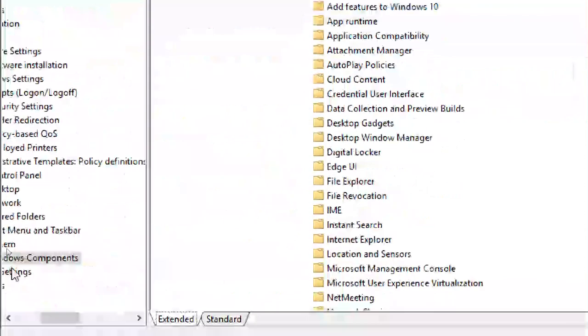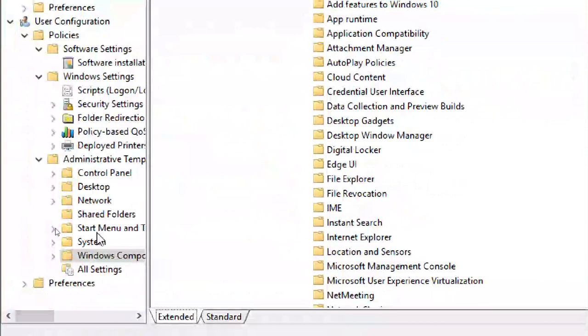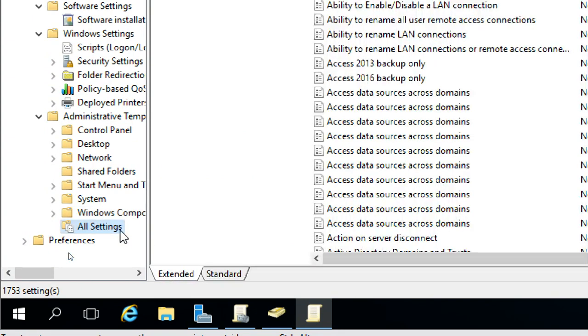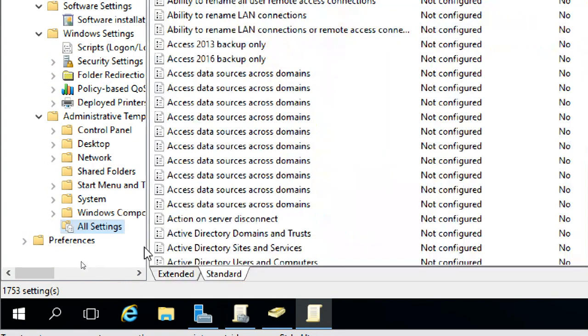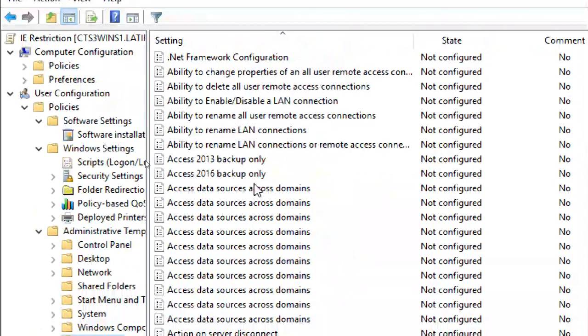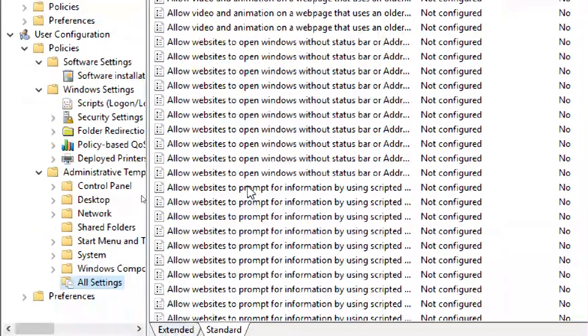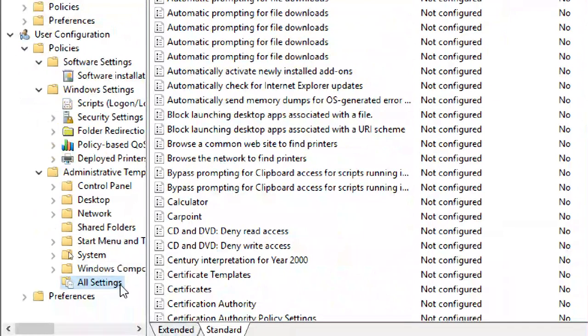In general, if you want to learn group policies, people will teach you maximum 5 to 10 policies. They say that is it, but it is not. There are a lot of policies, so try to understand the main policies. All settings means all policies are shown in a single window only, so you don't need to go to each and every folder to find your policies.